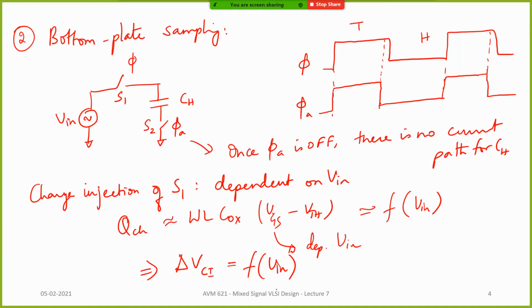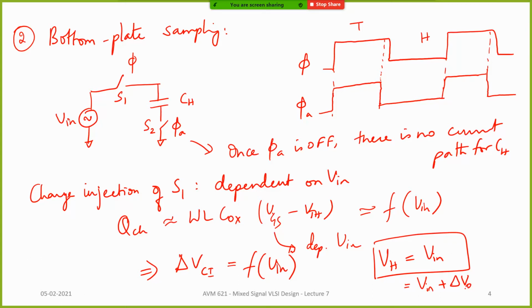Basically you have an output voltage which has a nonlinear dependence. So if you have, let's say, VH equal to Vin, this is your ideal thing, right? Now if you have Vin plus some constant delta V naught, that is also something that you can take care of. If all the samples are shifted by some delta V, you can always say there is an offset. This is basically called an offset error. Offset error can always be taken care of. Finally, at the end of the day, you can calibrate it out, and even in the digital domain you can calibrate it out if necessary.